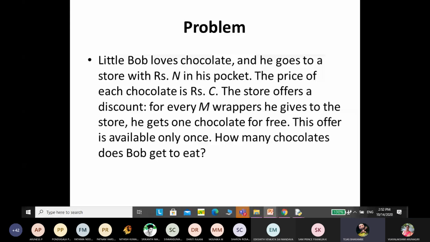Goes to slow with N. The price of each chocolate is same. For every